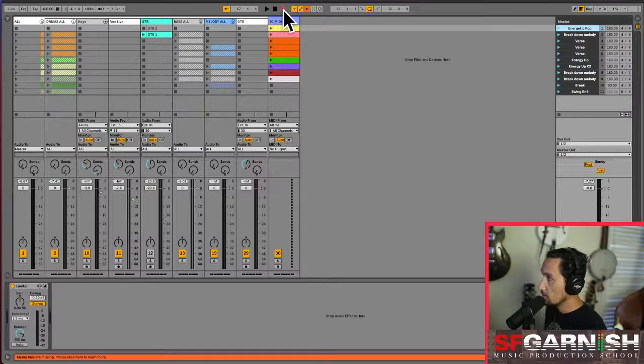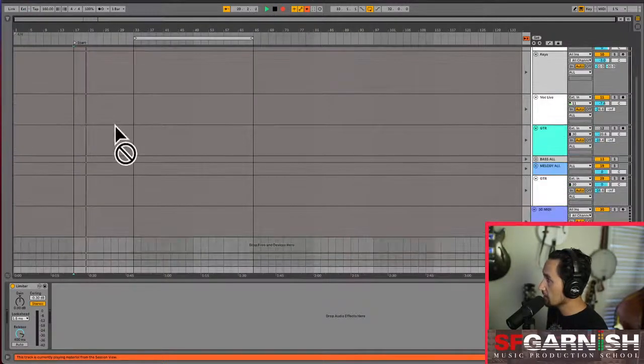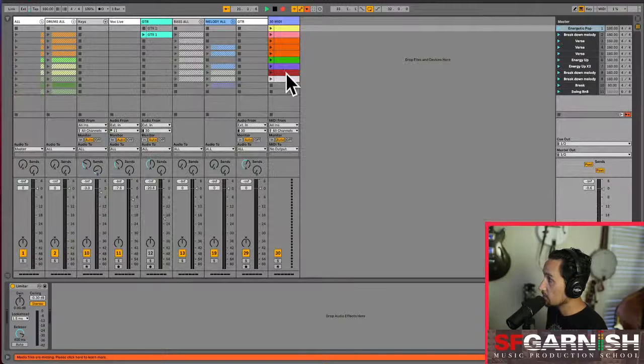So clicking record up here, make sure I start this when I want to. So I'm going to stop all with this button right here. That's the stop all feature in session view. And the click comes in. Now notice how it is recording from that starting point, but there's nothing to record because we're not playing any tracks. When we start doing the tracks,